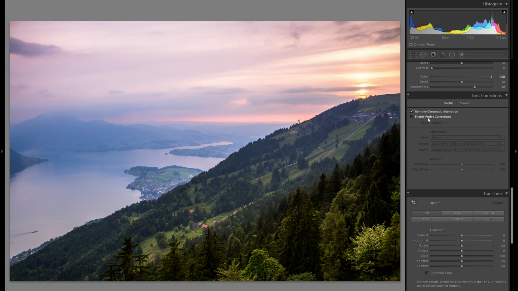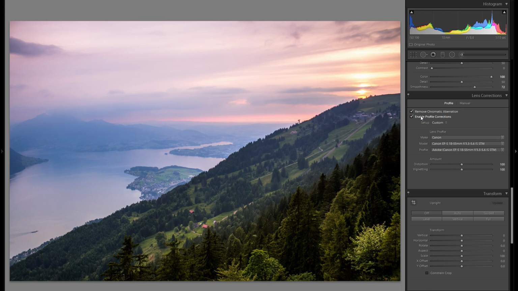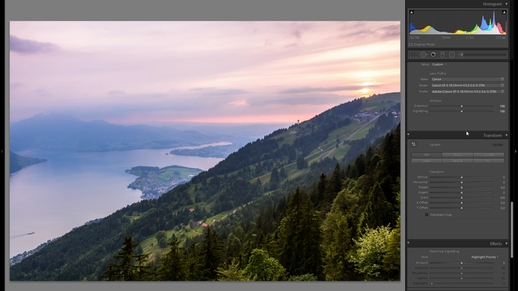And also just click on enable profile corrections. That will get rid of the distortion as well as the vignetting of your lens, more on that later, but it's definitely a nice thing to just have. So then transform